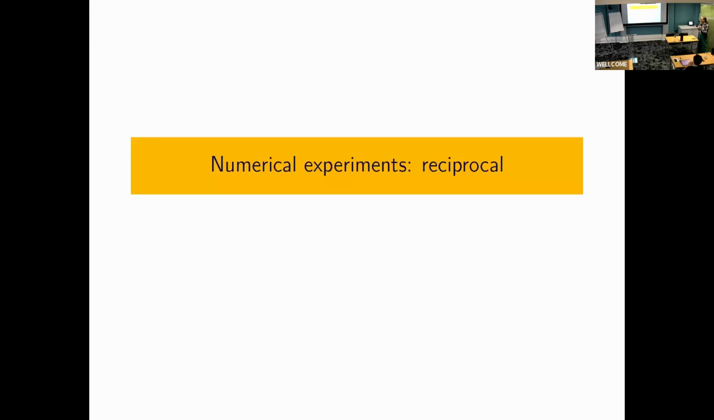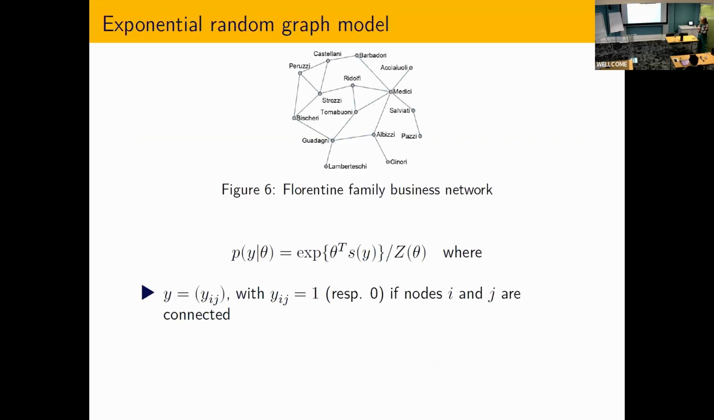Now, we also looked at the reciprocal, which is the other function that I discussed. In this case, the application, as I already mentioned, is exponential random graphs. So this is the type of likelihood that you have. You have a sufficient statistic over here. This is your parameter. And the data set is a standard one in this literature, which is the Florentine family business network. So it's a network of 16 nodes,